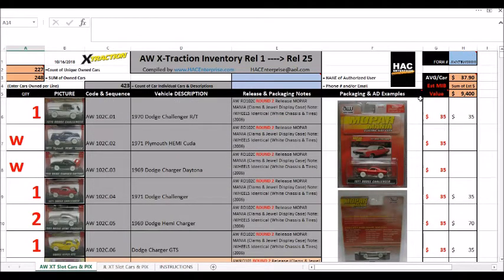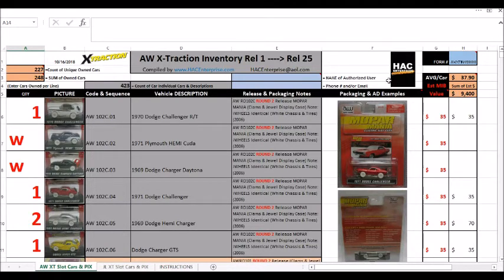So the spreadsheet is such that you will always have a snapshot, providing you put the data in, of exactly what you have in your collections. Now this is actually very important because as you add more and more cars to your collection, you'll end up finding out that numbers get rather large, and technically it's a family asset, and as the numbers get very large,